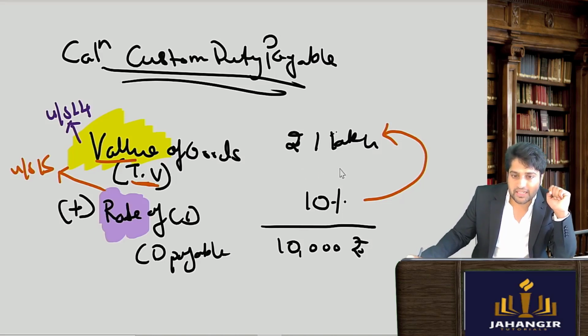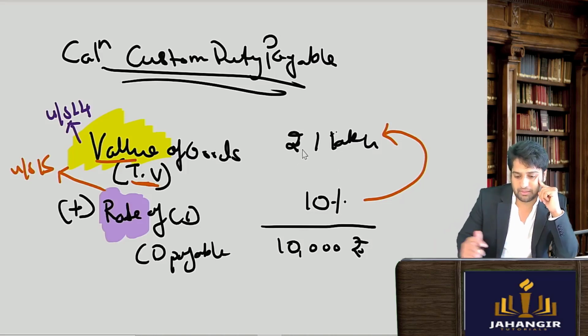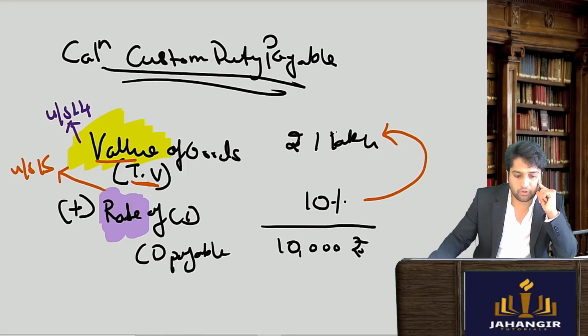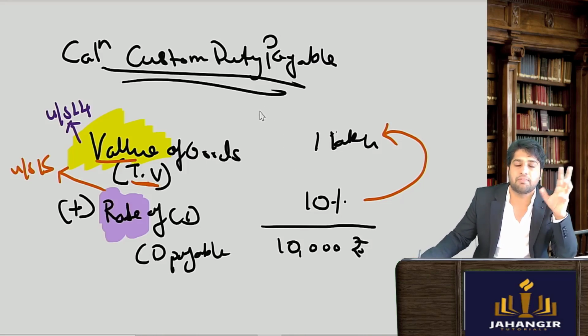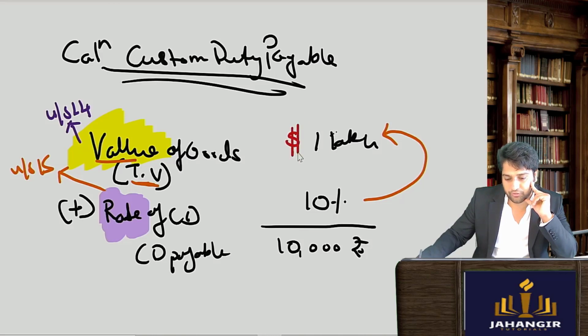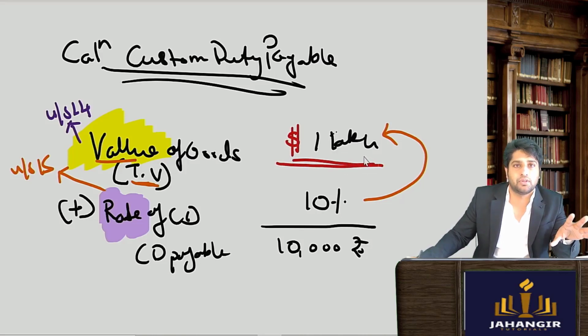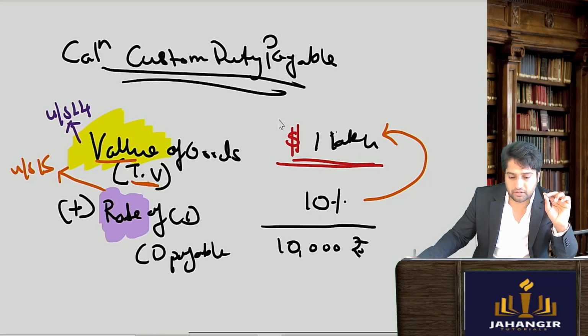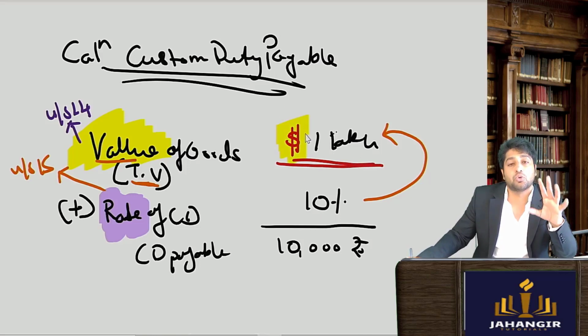Next, tell me, when I'm importing goods, do you think it would be denominated in rupees? If I'm importing a laptop from abroad, do you think it will be denominated in rupees or in a foreign currency? What is more common? Wouldn't it be denominated in dollars? Yes. So when you're importing goods, it is very much possible that the invoice value, contract price might be denominated in a foreign currency. So how will you compute how much custom duty I have to pay in rupee terms?